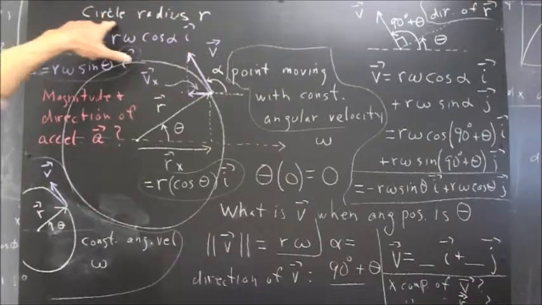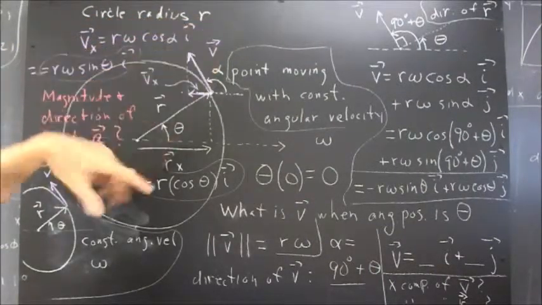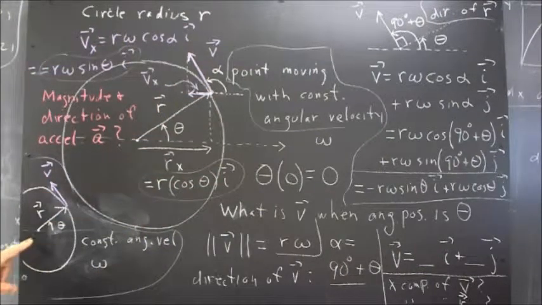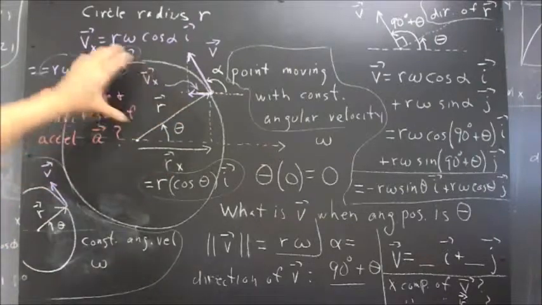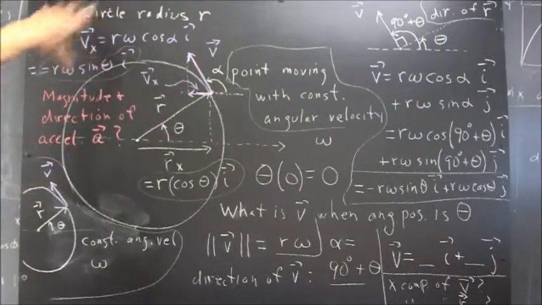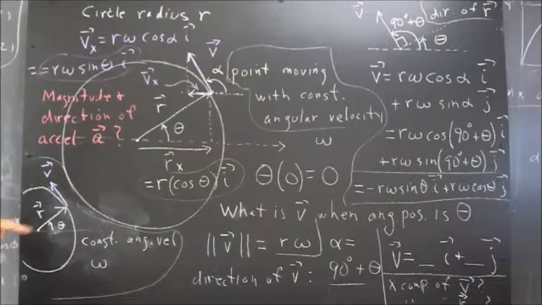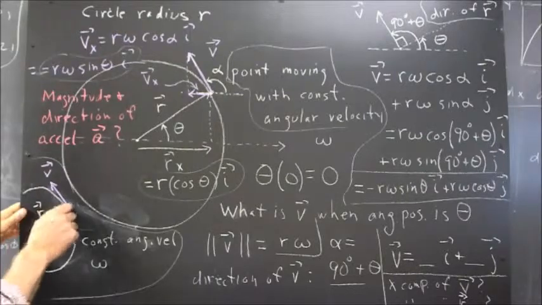The situation here is we have a circle of radius r. Now, this picture originally started with just this, so let's focus here, and then we'll see how the different labels and the different vectors and so forth came about. So the circle has radius r, and we have the vector r from the origin